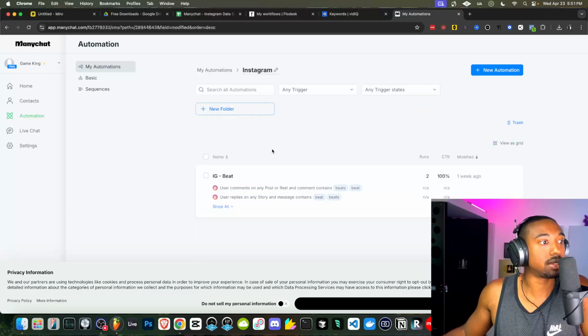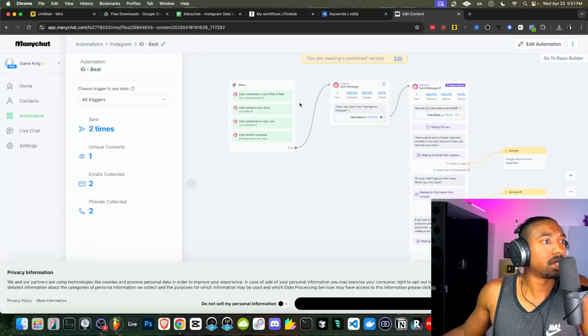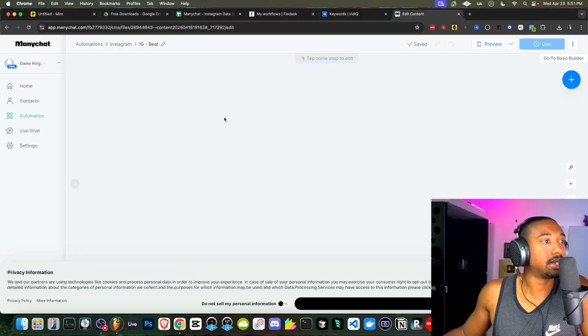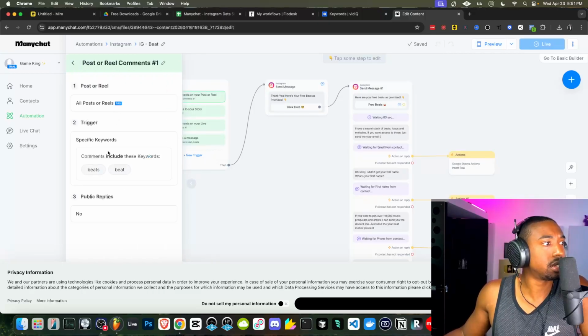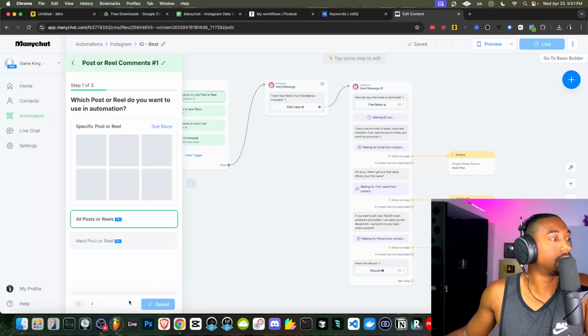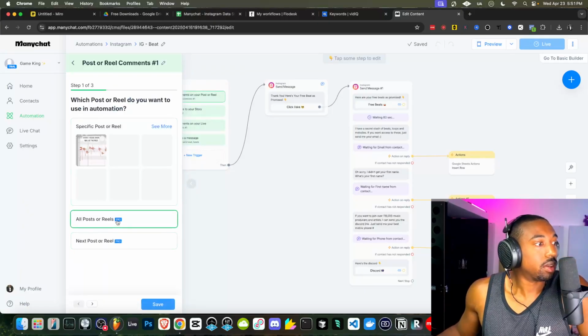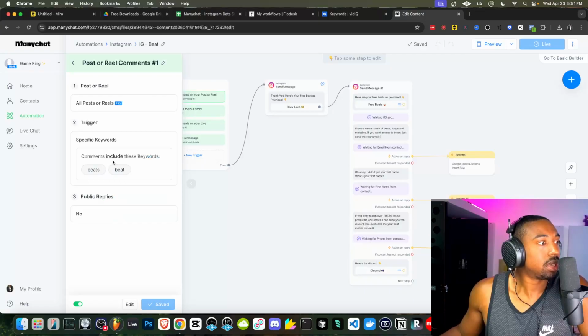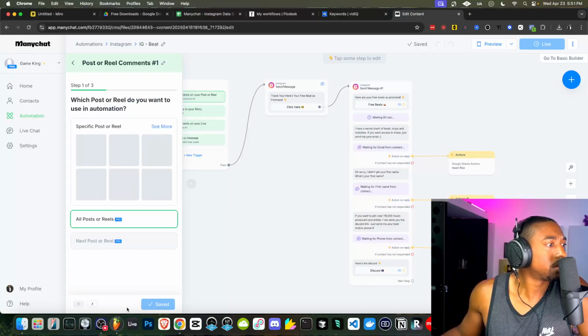Long story short, let's go to Instagram. We need to go inside of the beat funnel. And let's click inside here. We're going to add the trigger. Let's go to edit. Let's add some triggers here. All right, I got to get all this stuff from the bottom. Let's go to edit. Click on all posts. That's a pro thing. Anyway, click where, okay. Let's go here. My bad. Here's an arrow.